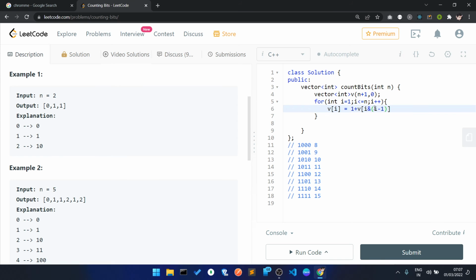Let me explain what I do here. This i minus 1 actually becomes 0 whenever it encounters powers of 2. If i is not a power of 2, in that case it unsets the lowest set bit, changing it into 0. So it decreases, and whenever it decreases, it reaches the number where